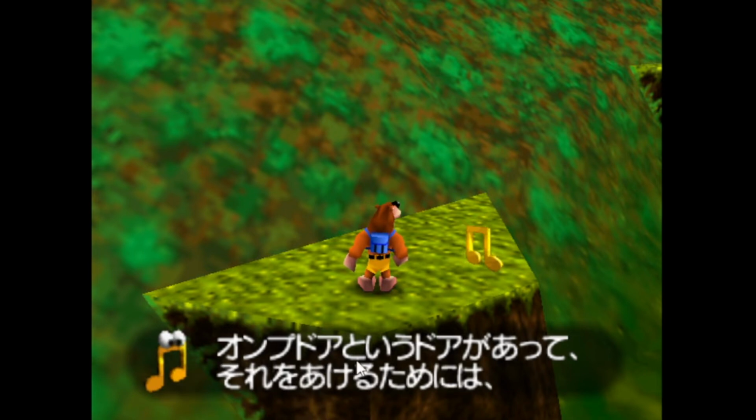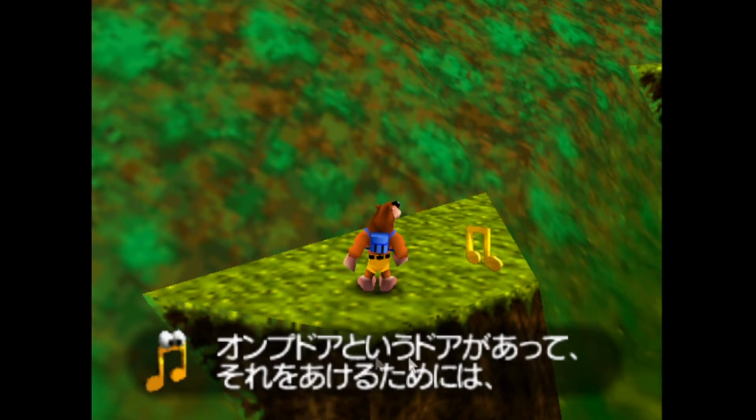音符ドアというドアがあって、それを開けるためには yeah, so onpu doa toyu. So this is an example of that toyu, meaning that something is called something. So this is all modifying the word door. So doors called onpu doa, basically.